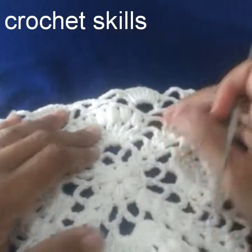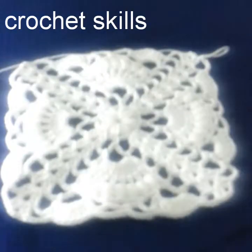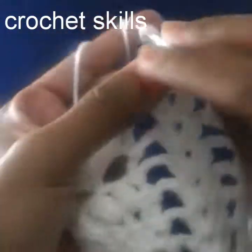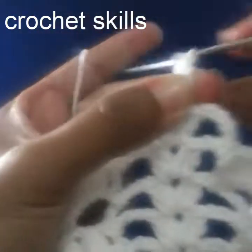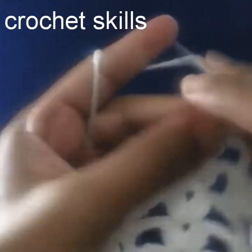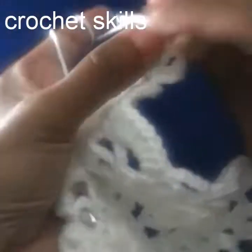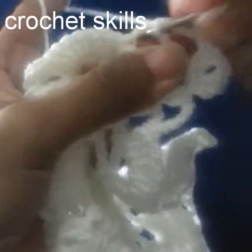As you can see, this is how we will work. So you can see I have 2 flowers from this round on both sides of the first flower. The next round begins with a slip stitch in between the corner. Make a corner with 2 double crochets, chain 2 and another 2 double crochets, chain 5, single crochet into the first chain 5 loop,